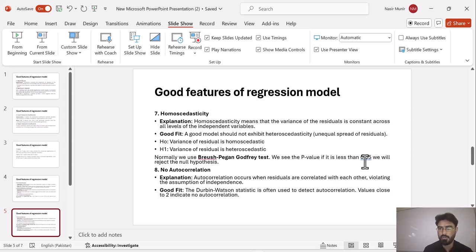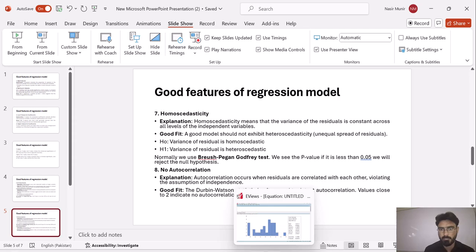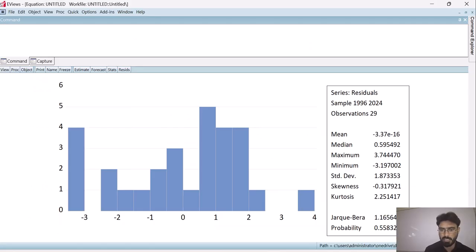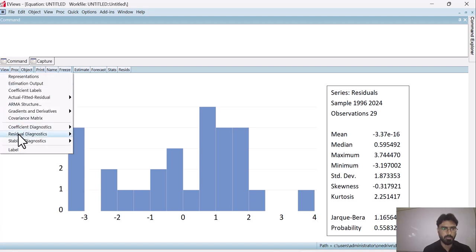If the p value is less than 0.05, we will reject the null hypothesis, which means that we have to accept the alternative hypothesis, which means that our variance is not constant. So now let's go back to EViews and apply the Breusch-Pagan test to check the existence of homoscedasticity or heteroscedasticity. From this View option, we have to go to Residual Diagnostics,